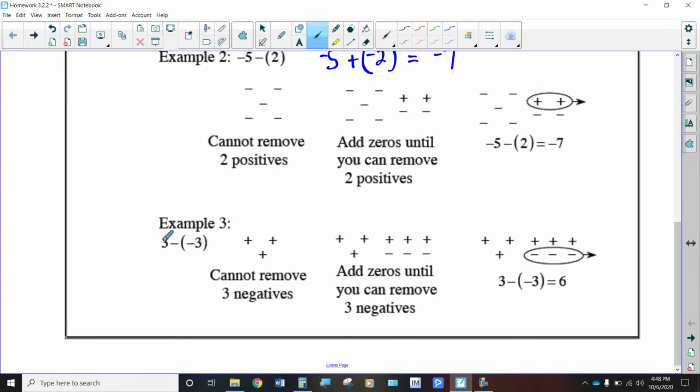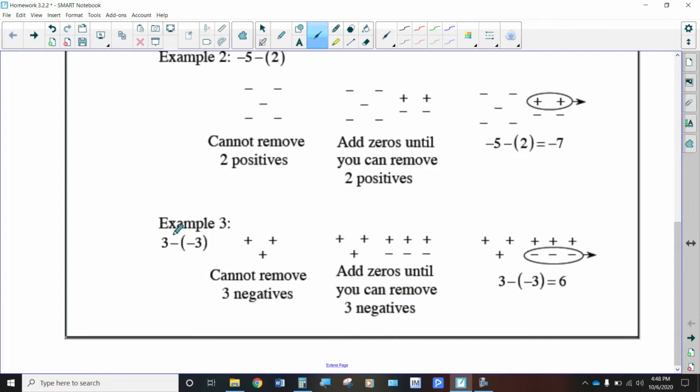Example number 3, starting with 3, and you're going to take away 3 negatives. Well, I don't have 3 negatives. How can I take away 3 negatives from 3 if I don't have any negatives? So enter the 0 pairs. If I add 3 plus 0 plus 0 plus 0, I still have 3. But now I've got 3 negatives that I can take away. So how many positives are left over? 6 positives. So the answer to this problem is